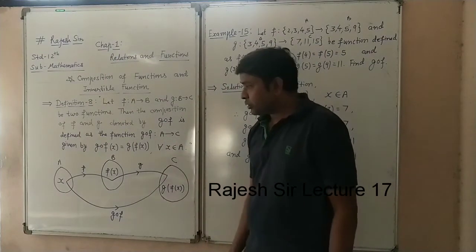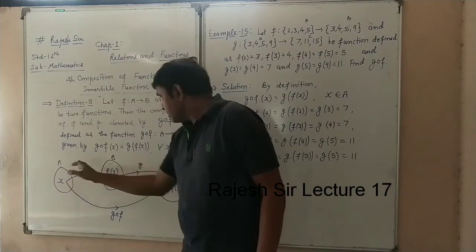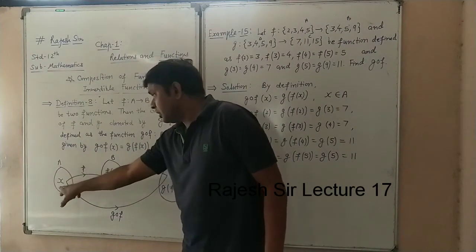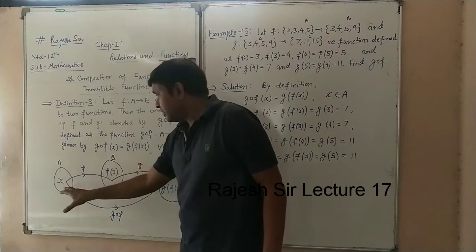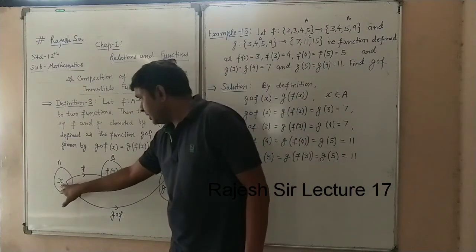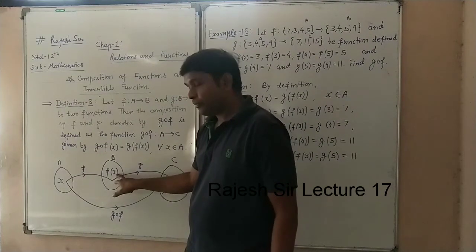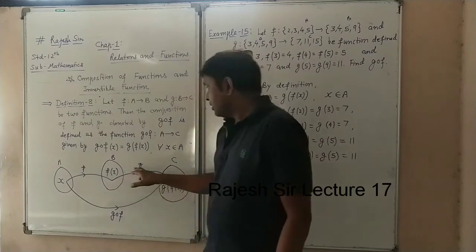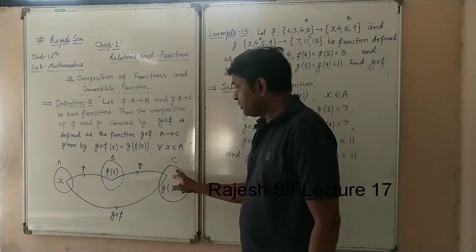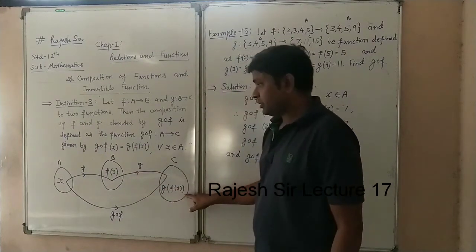This is picturized also here in math form. See, x belongs to A, so the first domain is shown here. The f function is from A to B, so f is shown here from A to B. Here f(x) gives a value in B. Then B to C is g, shown here, where we put the value of f(x) and we get g(f(x)).